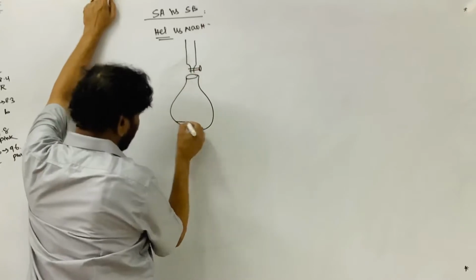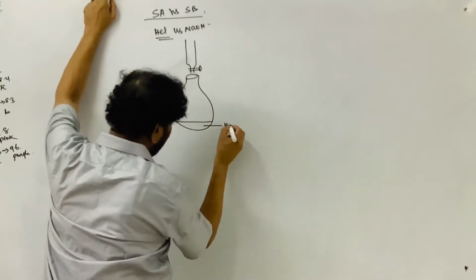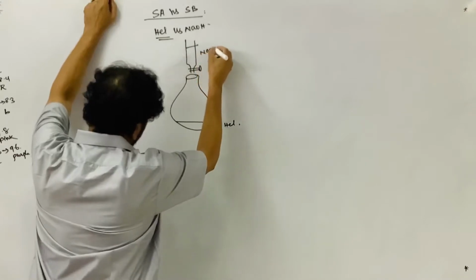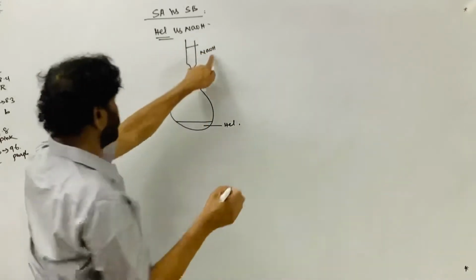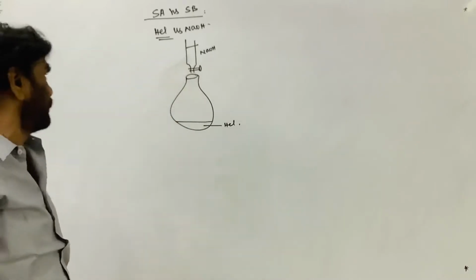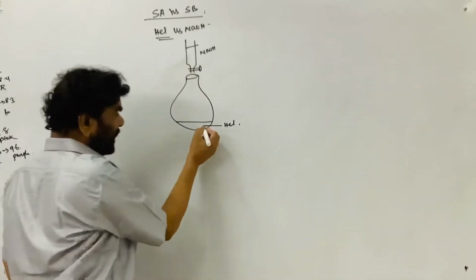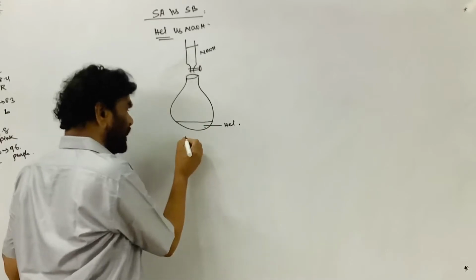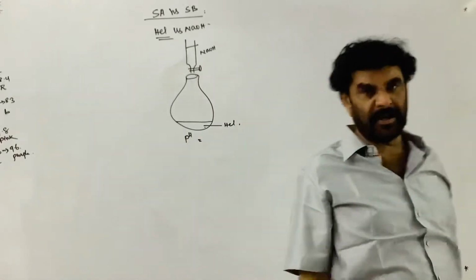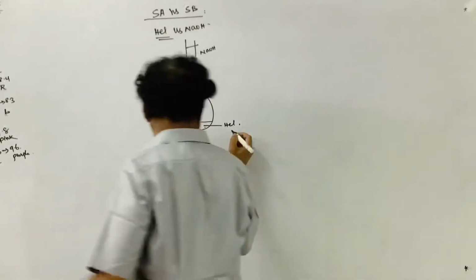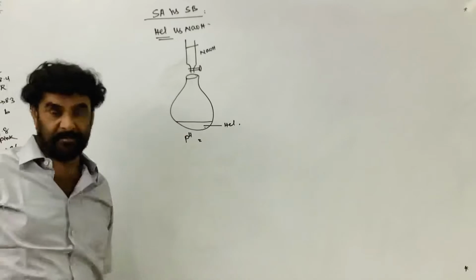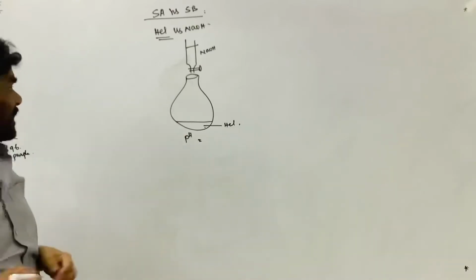We are conducting the titration. This is the HCl in the conical flask. This is the sodium hydroxide from the burette. The titrant is the sodium hydroxide and the analyte is the HCl solution. At the beginning it has its own concentration and its own pH. If this is 0.1 molar, then its pH is equal to 1, since 10 to the power of minus 1 is the H plus ion concentration.